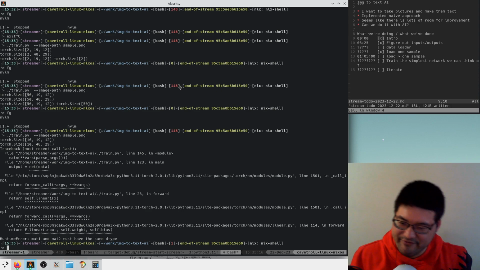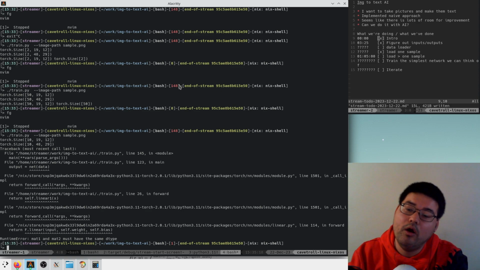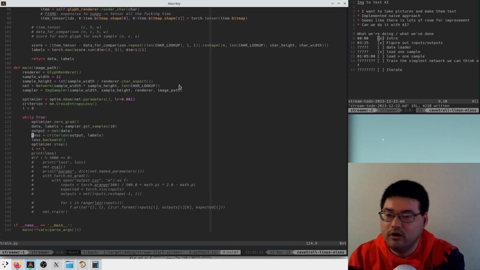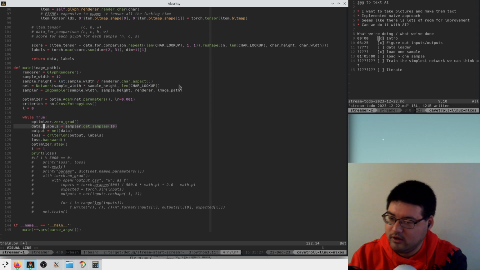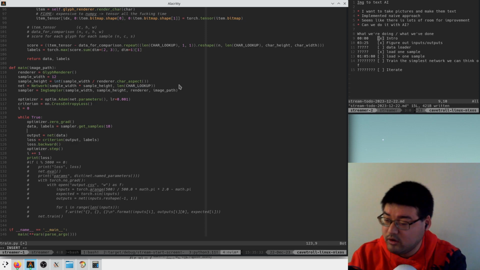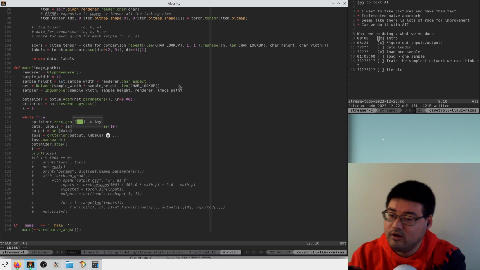We were so close. I felt so good. I had it. Oh. Because probably I need to convert the inputs into linear. Yeah, so here we have data. Our network is expecting the pixels to be flattened out. So this should be data reshape